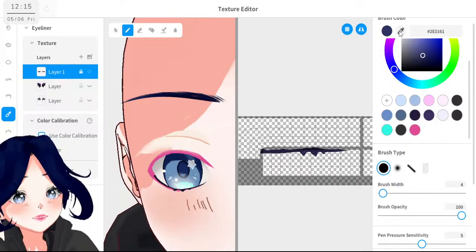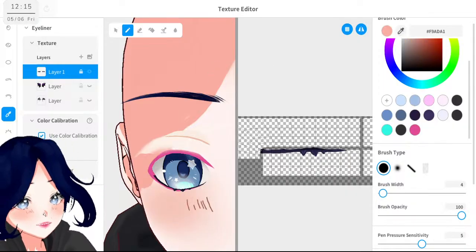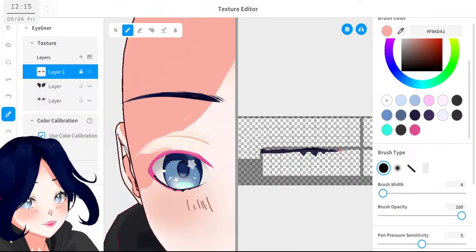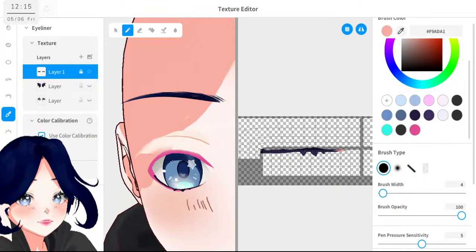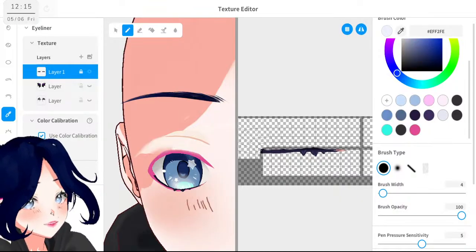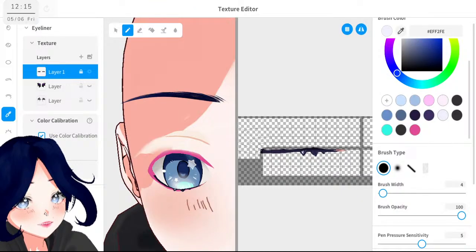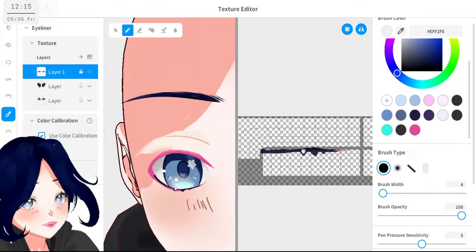And also here I like to add this, like it merges a little with the A shape. So that part would be around here, around that. And here should be lighter white.